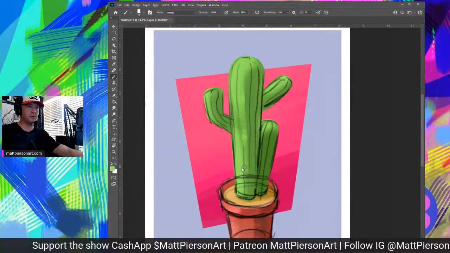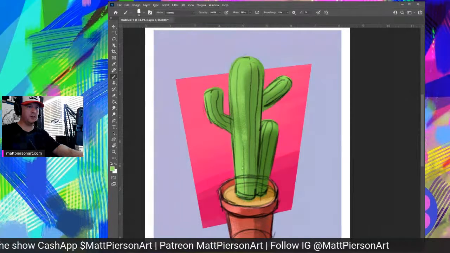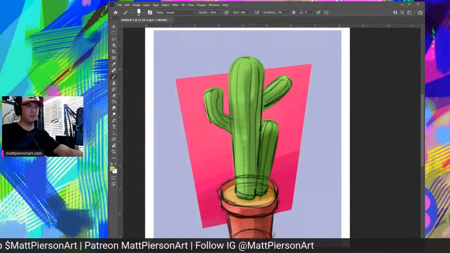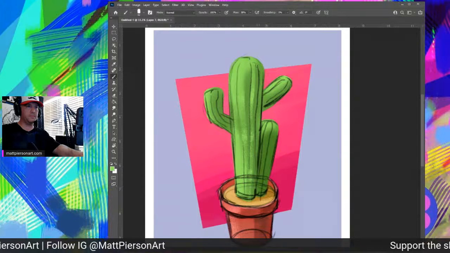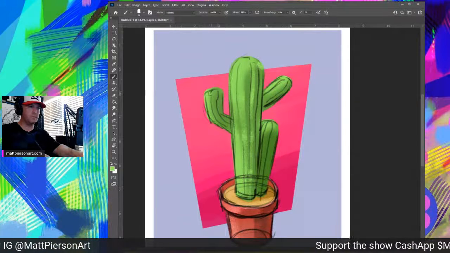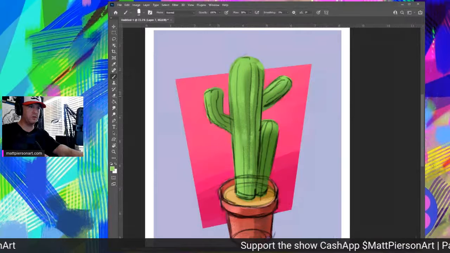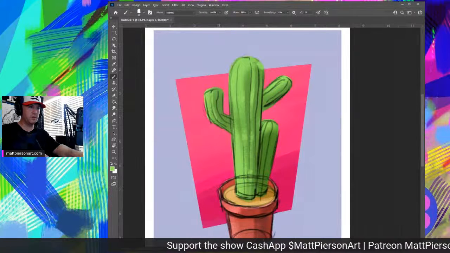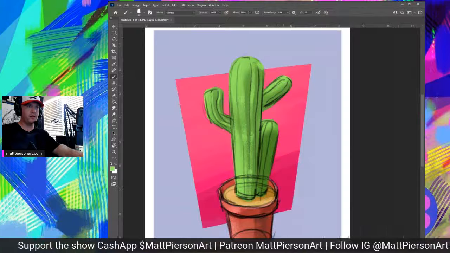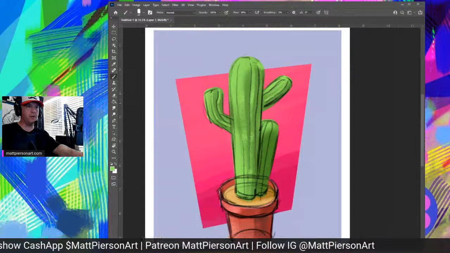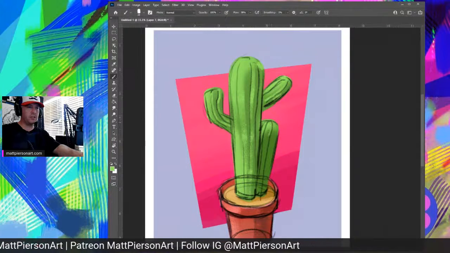Maybe go a little bit smaller down right here, and then do something like that, and go even smaller on this side. Just very quickly draw it out. I'm not expecting it to be